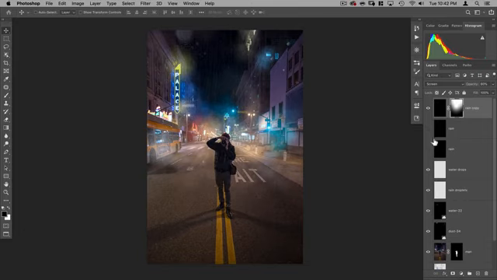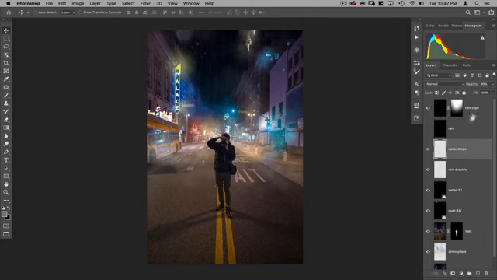I'm pretty happy with all the effects. So now what I want to do is add a color grade to the whole thing. So let's see if we need this layer anymore. I don't think so, but I'm going to keep it just in case, but we'll get rid of this one. Okay, so let's go to the very top of our layer stack.